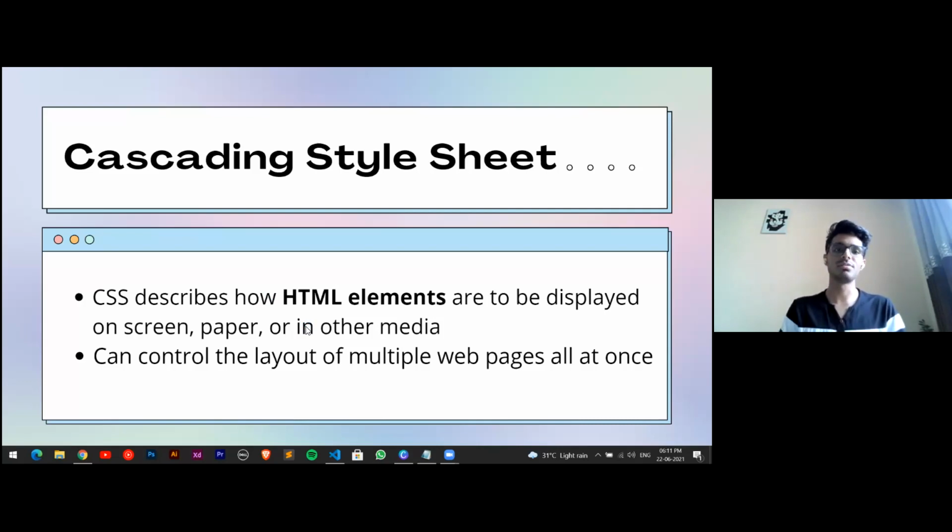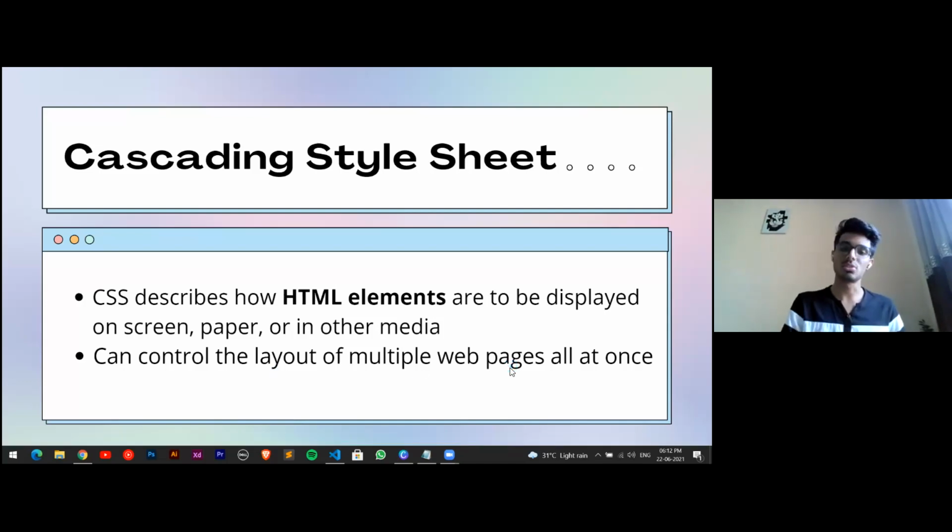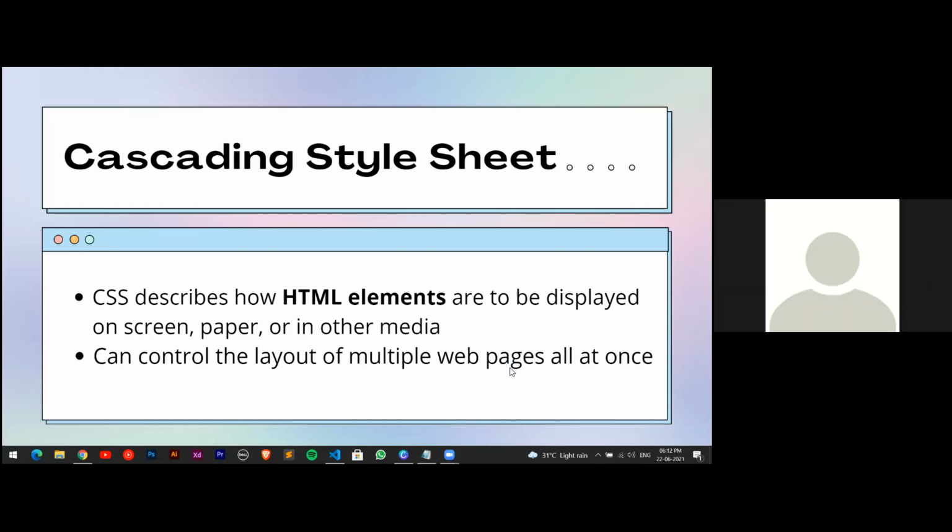Here we create a separate style sheet with an extension of .css, wherein all the presentable elements, whatever elements we want to style, or whatever particular section we want to style, all the properties will be there at once, so that we don't need to write them multiple times on other pages. That's why we say that the layout of multiple web pages is controlled just at once. We just write the code in one single page, and all of the properties get reflected in every page.